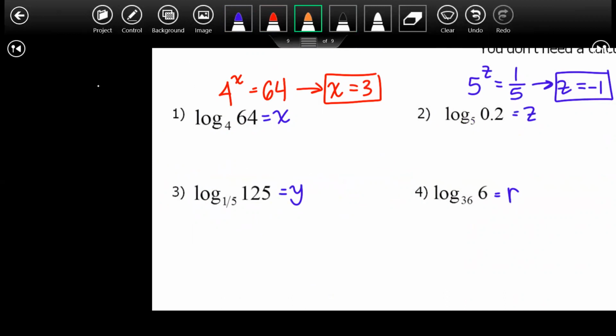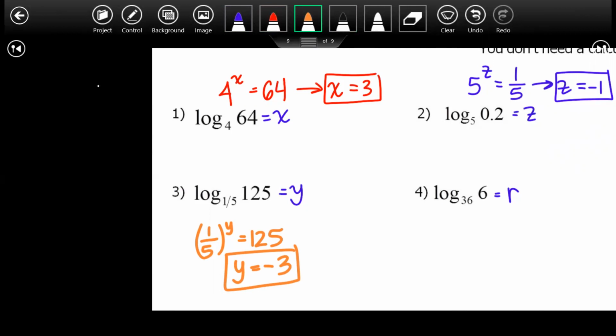The next one down below, we're going to go ahead and convert again. So this will be 1/5 raised to the y power is equal to 125. So these are just different ways we can look at logarithms. What would y be equal to? What did you have? Y is equal to, you just said it. Not -5, -3. Right? Negative flips the fraction to a 5, and then 5 raised to the 3rd power is